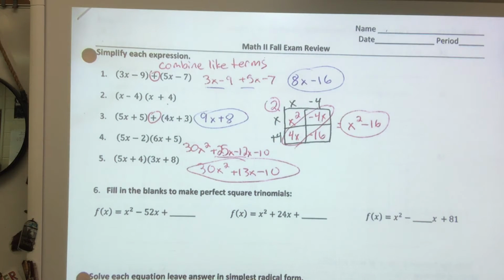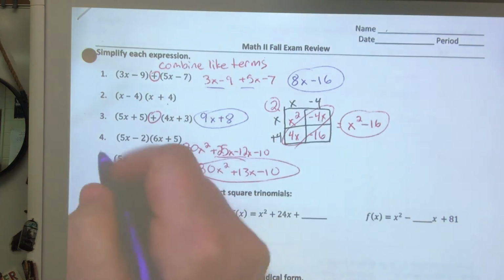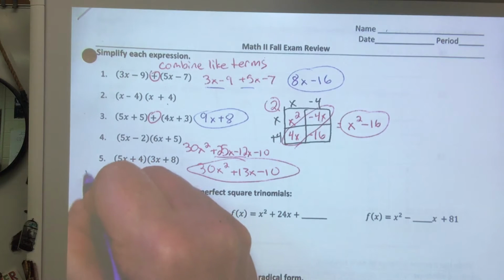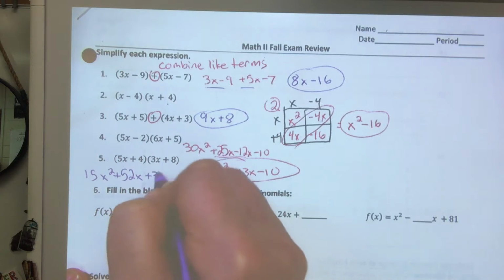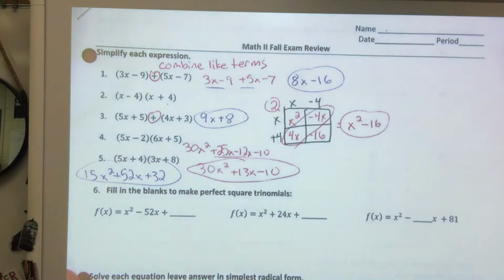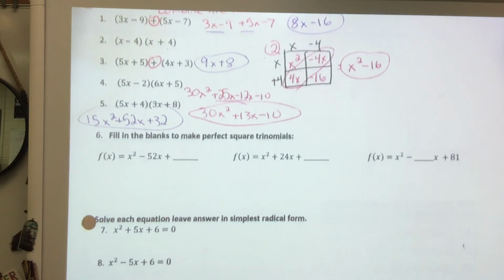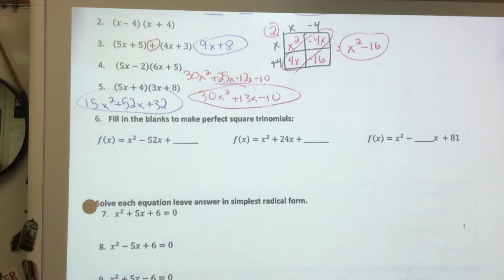For the other one, here I'm going to just write the answer. You would get 15x squared plus 52x plus 32. If you do not get that for number 5, recheck your calculations. So that is the first set. The second set, or number 6 I should say,